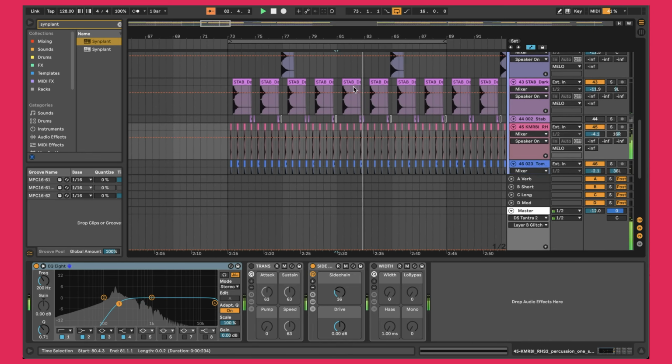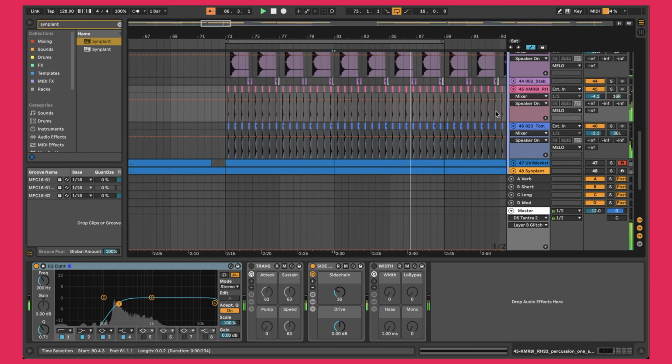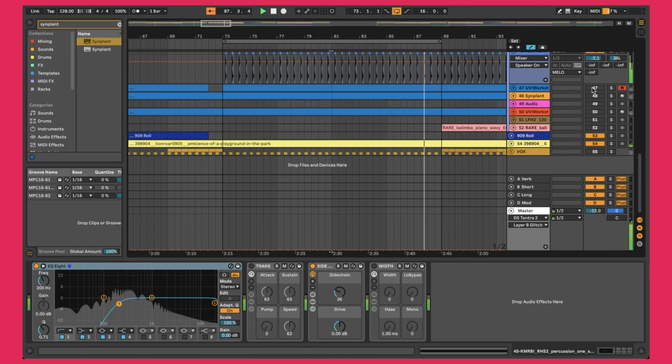Let's have a look through the rest of the tune, see what else we have. This additional stab sound, which is reinforcing the first tom. And let's keep looking. Now we're going to be looking at some sounds. If we listen back to the reference,